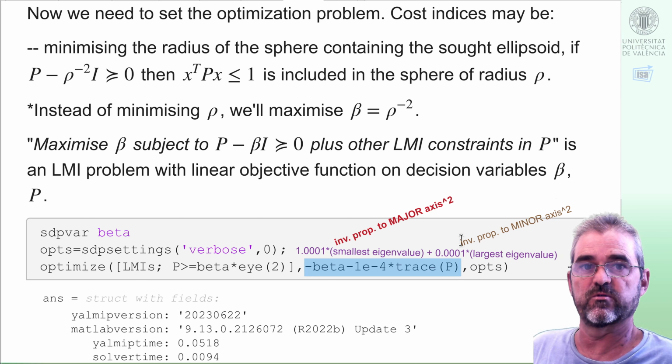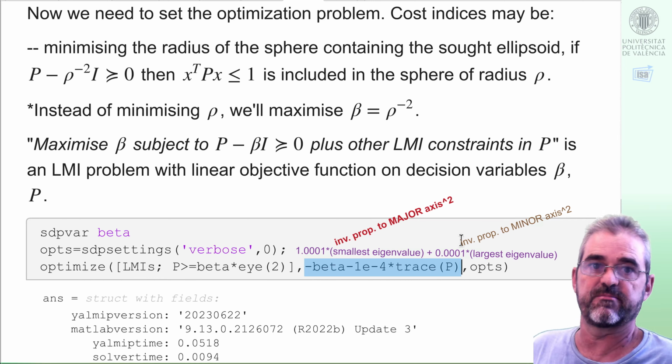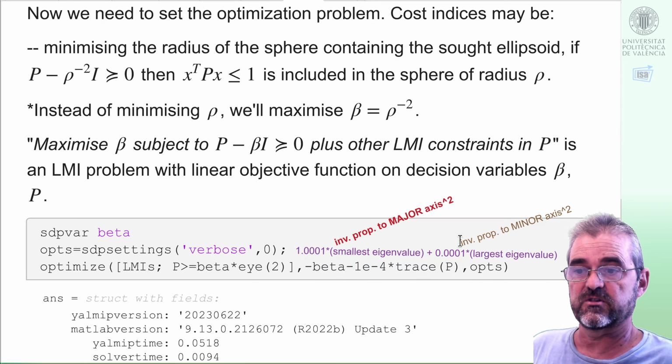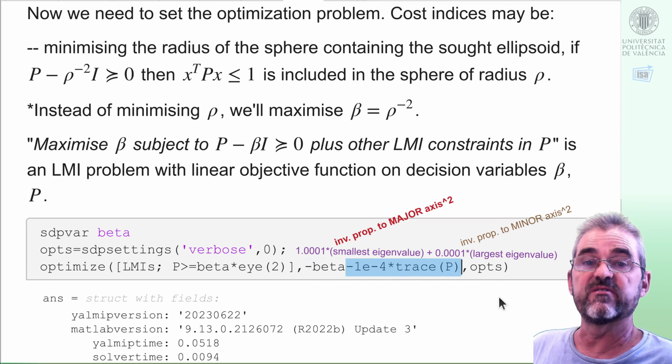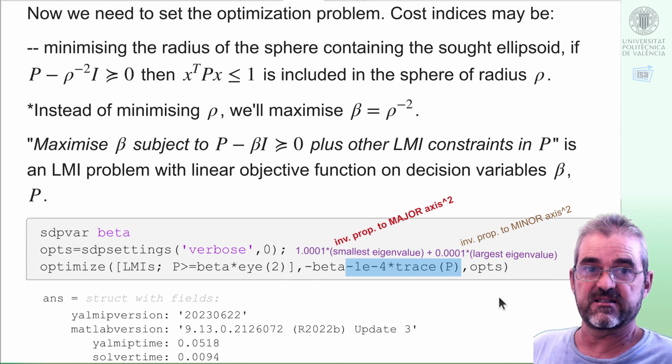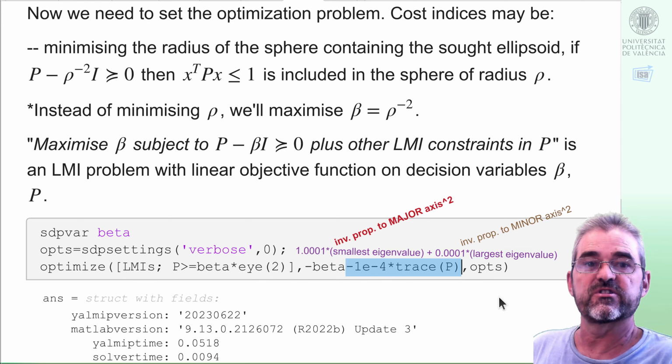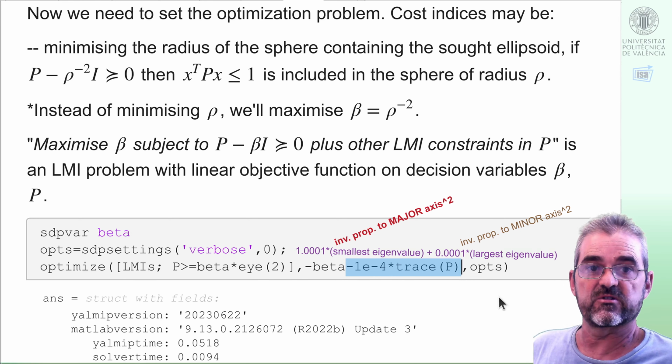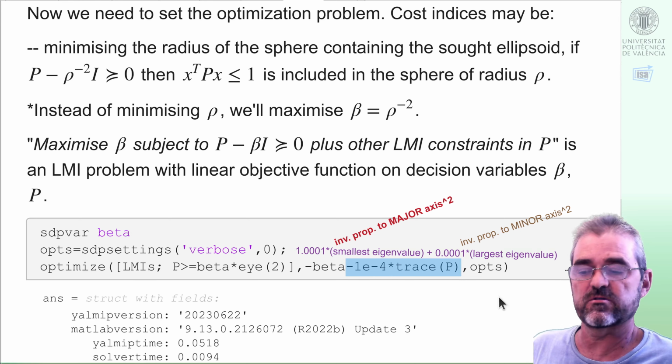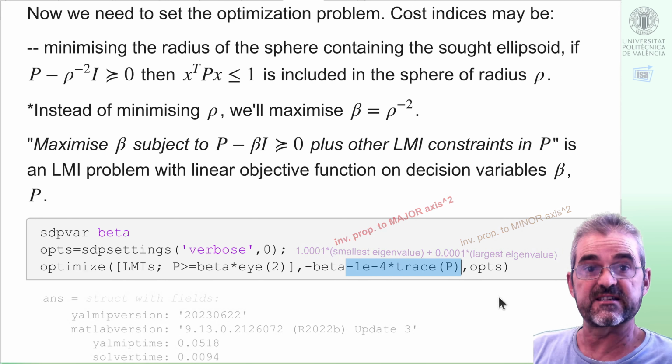So we want to maximize that. So we put minus here because Matlab minimizes. So good, with this modification, we will push towards a smaller ellipse, the shorter axis, but we will push, let's say, with 10,000 times less force. So if we execute again,